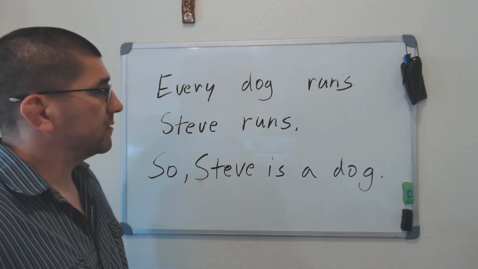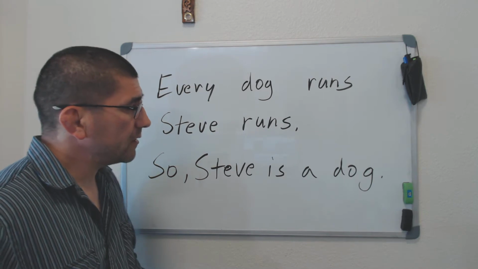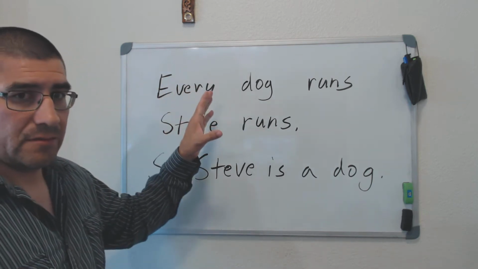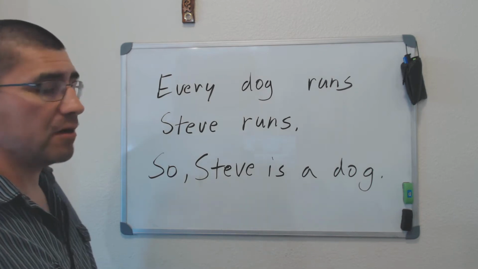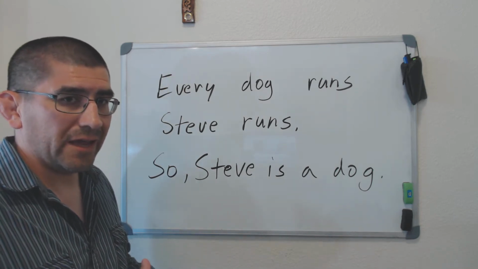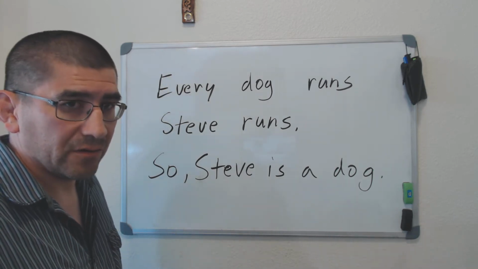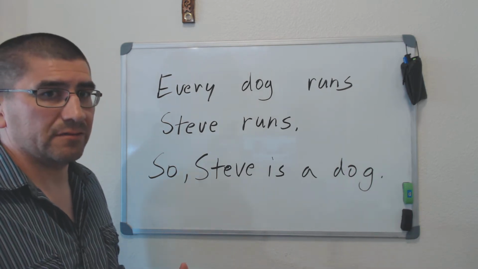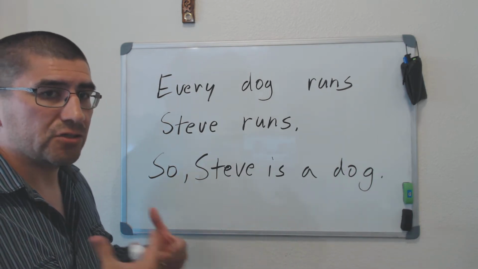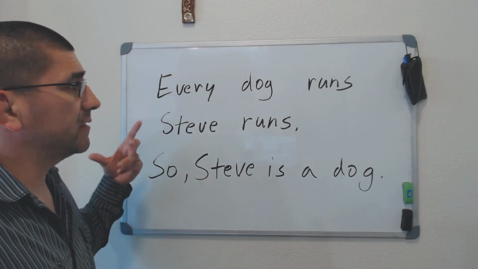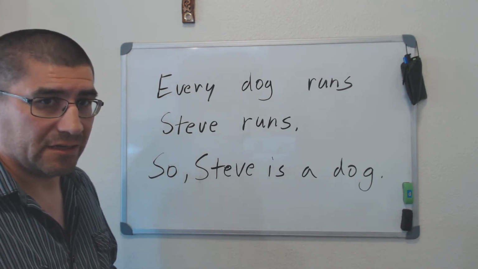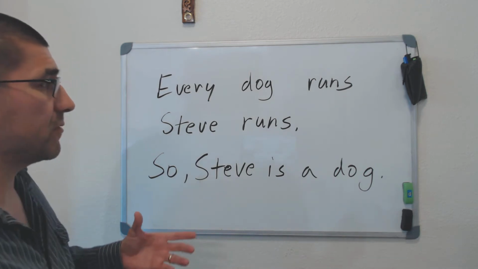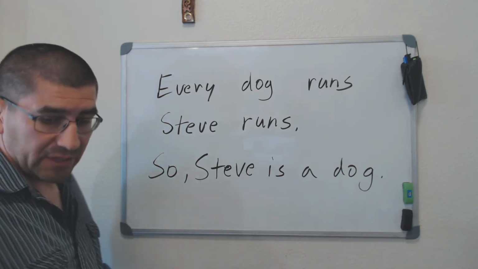Okay. So, first premise, I have to put this into logical form. Every dog runs. Now, is this an A, E, I, or O? So I have to ask myself. And my intuition is telling me this is an A statement. Okay, so I'm going to make it look like an A statement. So every dog runs really means